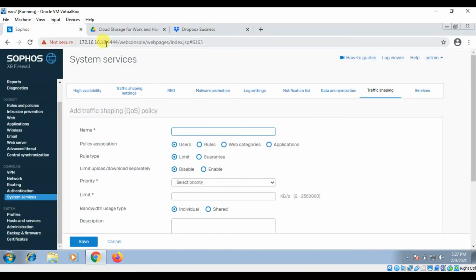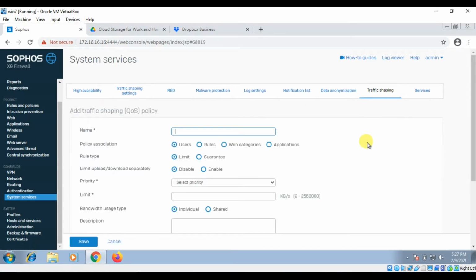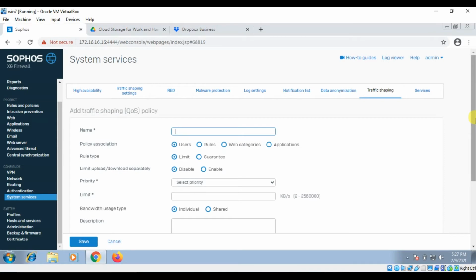As you already know, you can open the traffic shaping policy by clicking on system and services, and on this page you'll get the option to click on add. By filling in the details here, you can create a policy as we did in the last video. But the best way of creating a web policy is to click on web.